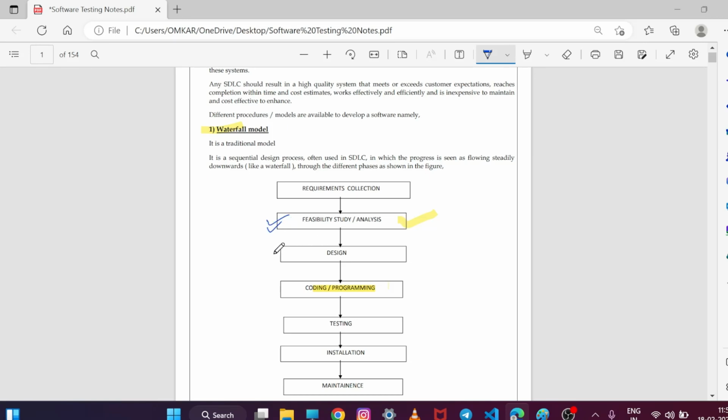Okay, then होता है design. Design is of two types: high level design and low level design. High level design में who does the high level design? The architect. Okay, और senior developer does the high level design. और low level design में क्या होता है? Who does the low level design? Senior developer does the low level design. What is the difference? In high level design we design the whole software, the overall software, but in low level design we design for a particular feature, a particular component. Okay, so this is the low level design.